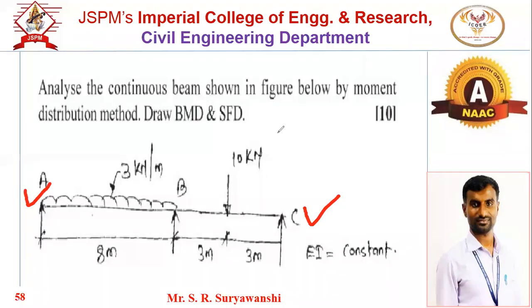If for a given continuous beam both end supports are simple, then what adjustments do we have to make in this moment distribution method? In the previous session we discussed, if the beam is ABC, A is fixed, B is the intermediate or continuous support, and the end C is simple, then what adjustment did we do? Adjustment means correction in the moment distribution table.